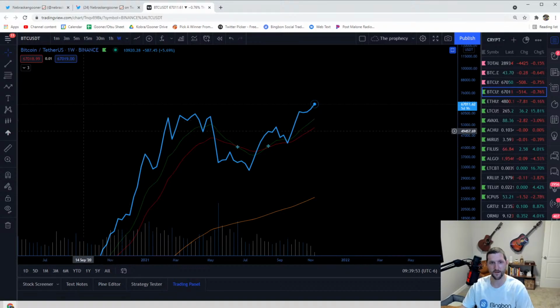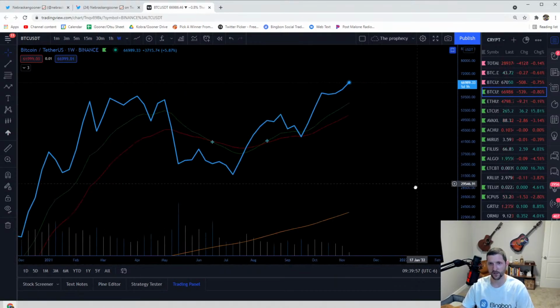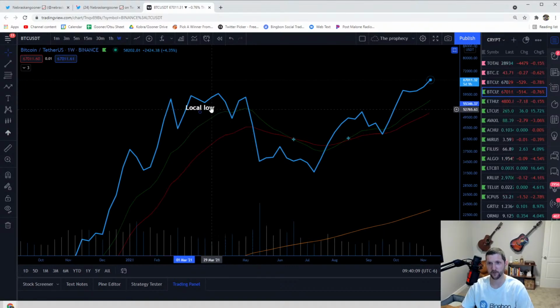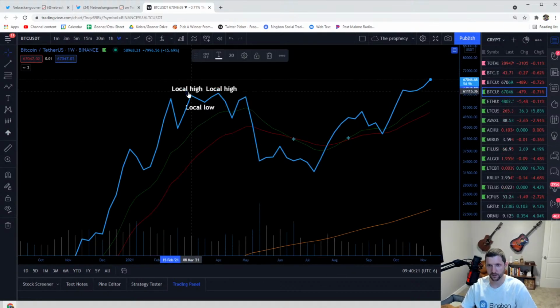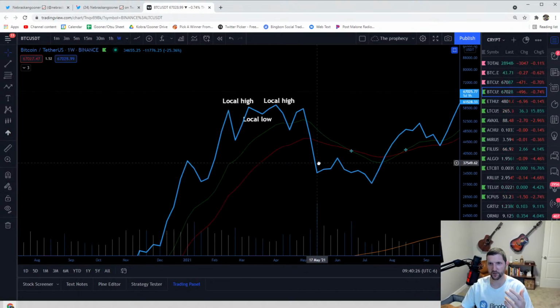See, so this is a very good example, you guys. This is where we get a little cautious, okay? Because we now have, and you can map these out on your charts. It's totally fine to map these out for yourself. Draw lines there. I draw lines a lot, and zones, so I know where to look. Okay, we have a local high, and we have another local high here. If we take away this data, and I could probably do replay,